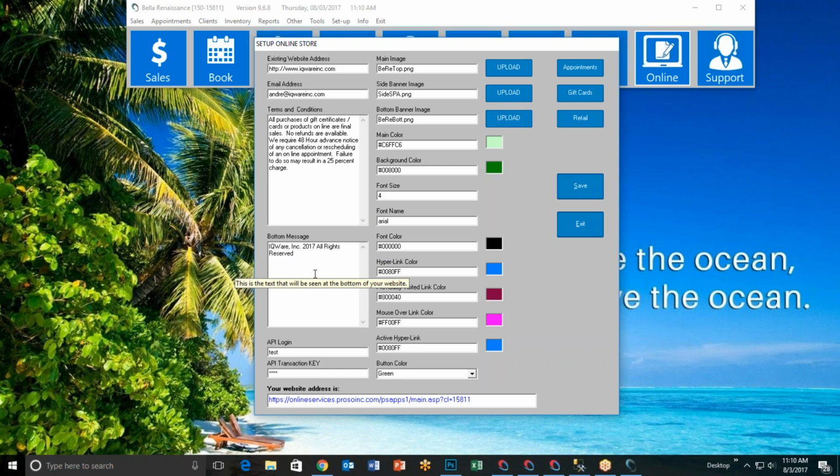Again, not required, but again, a line of text at the bottom of your page. I would recommend something like the name of your business and a telephone number, or perhaps something like this, IQware Inc. 2017, all rights reserved, or perhaps something like, if you have any questions, please call, and then a telephone number, anything like that at all. It's nothing more than a line of text at the bottom of the